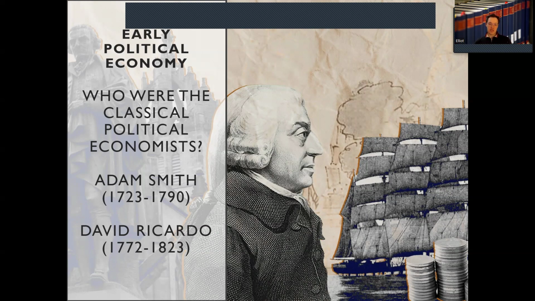Now, Smith's Wealth of Nations begins with an explanation of the benefits of the division of labor as the fundamental source of improvements in the productive power of labor. In the mind of Smith, and hopefully you'll see this in your readings this week, private ownership is a natural, supra-historical system, so it's not defined by history, which is based upon human nature, and a social division of labor is only seen as possible in the form of commodity production, through the mediation of the exchange of products produced as commodities.